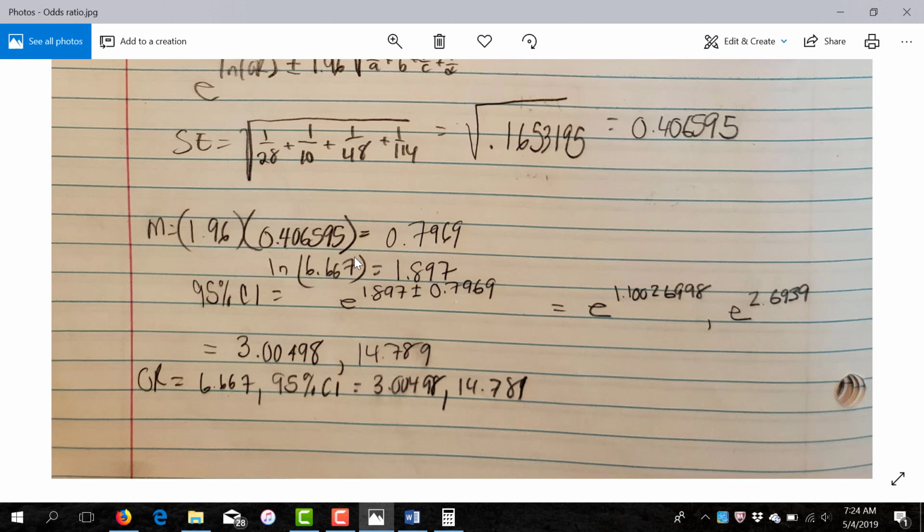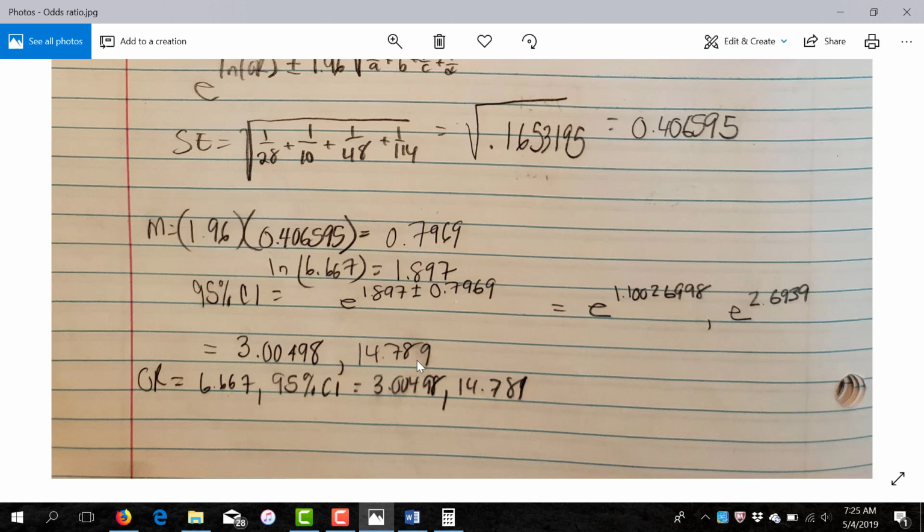Now, as I said, this is on a natural log scale. We calculated the odds, and the odds are not on a natural log scale, so what we need is the log of the odds. The natural log of the odds is 1.897. Now that I have that, I can plug this into the formula here. Eventually we want to bring it back to the odds ratio scale, so that's why we exponentiate. It's going to be e raised to 1.897 plus or minus our margin of error. We get these two values, e raised to this log odds and e raised to that log odds. We exponentiate and we get